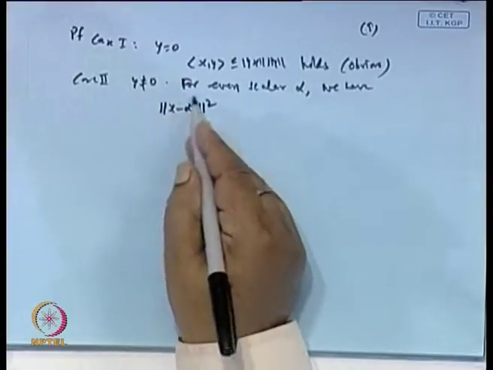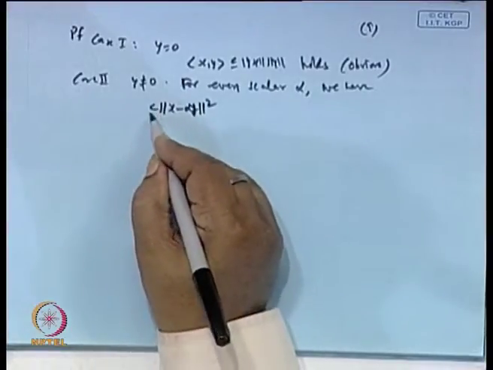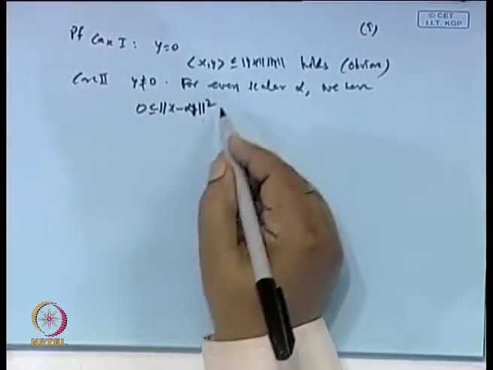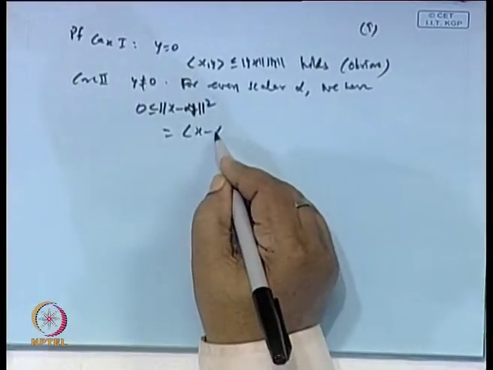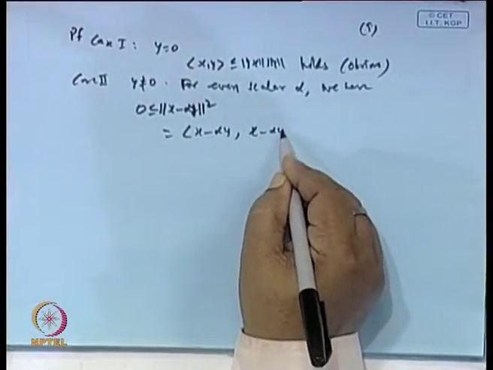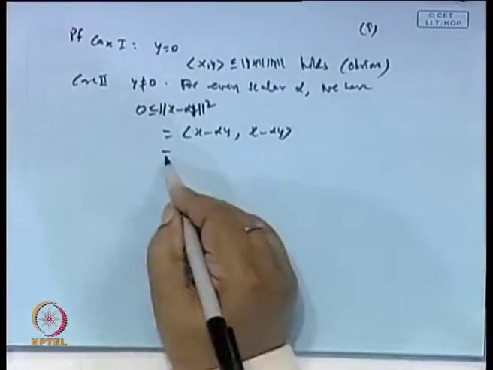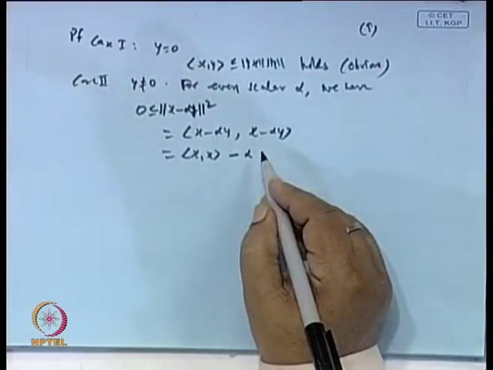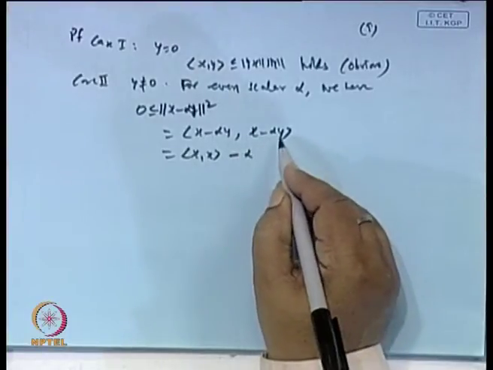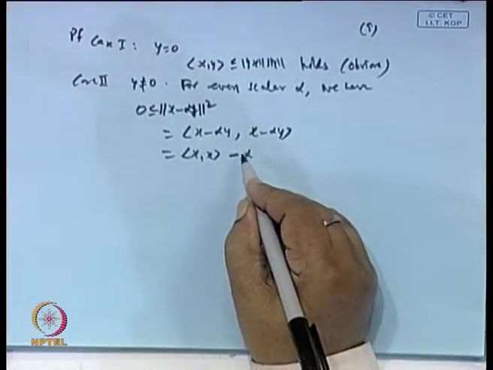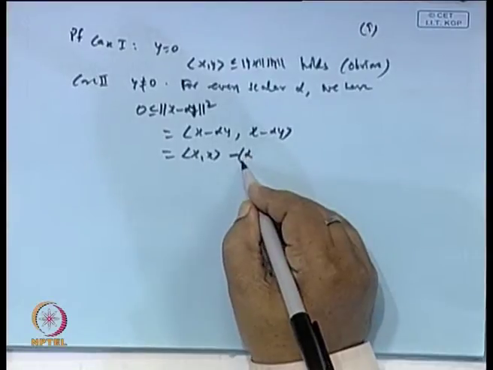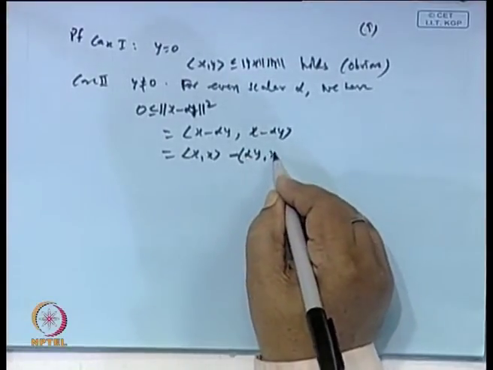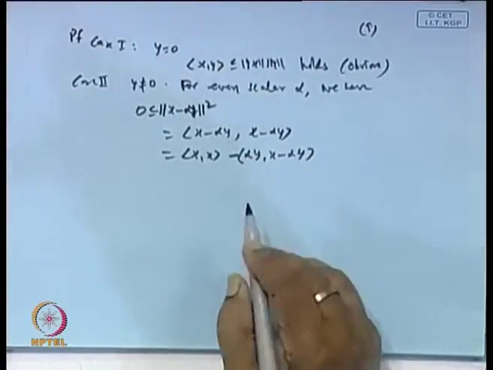Now, this norm cannot be negative, so it is always greater than or equal to 0. Now, this can be written as ⟨x minus alpha y, x minus alpha y⟩, which can be written as inner product ⟨x, x minus alpha y⟩